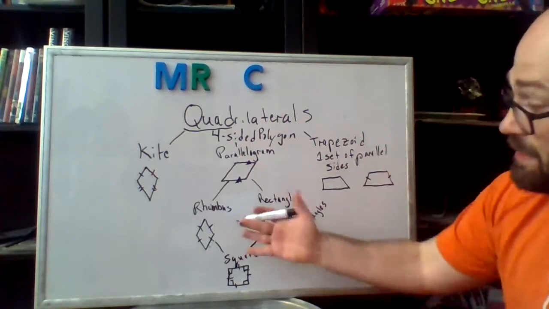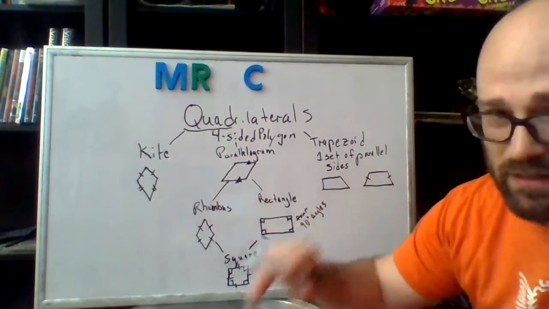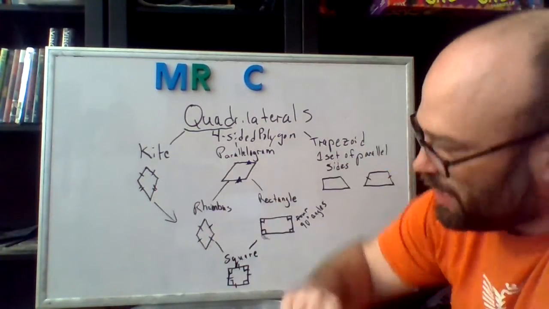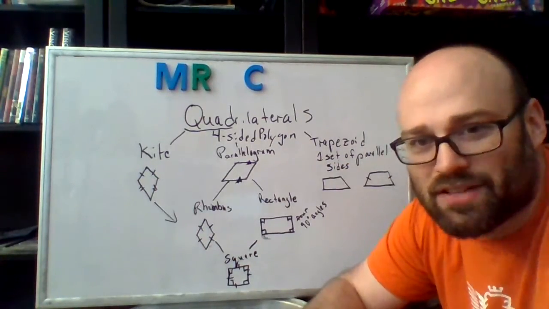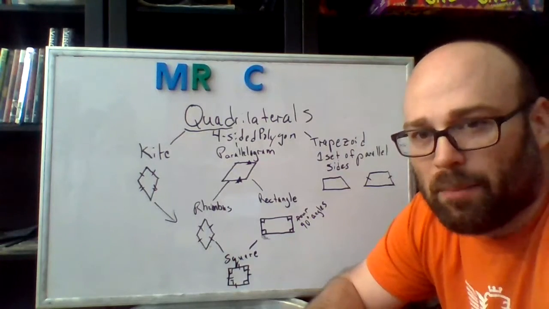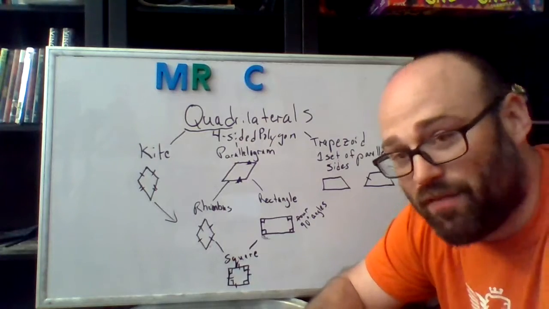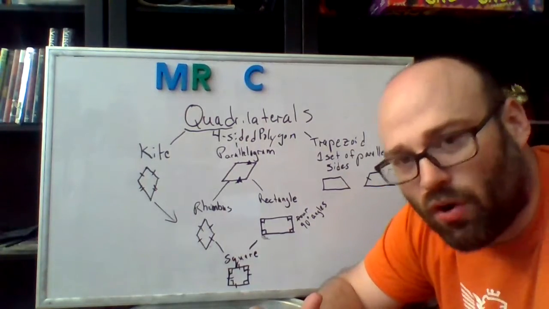Technically, even a square is a kite, so these can actually kind of go together. I'm not really looking for that. When I ask you to classify a shape, I just want you to give me the most specific version of it. You don't have to give me every single thing. However, it could be a select all question.